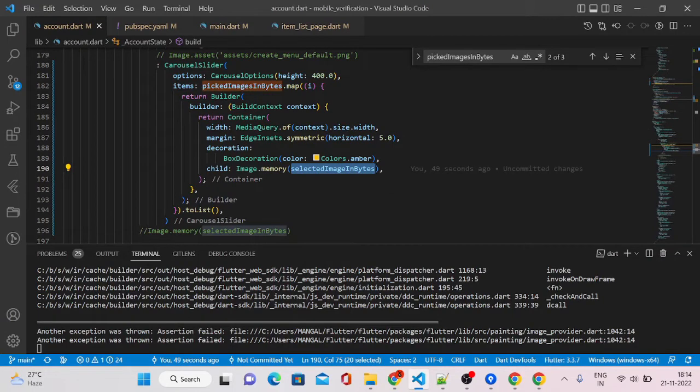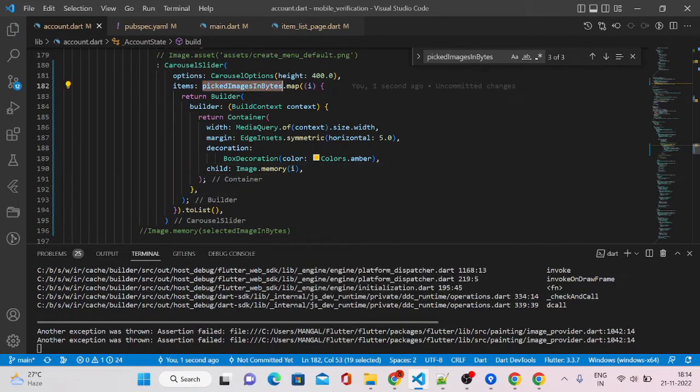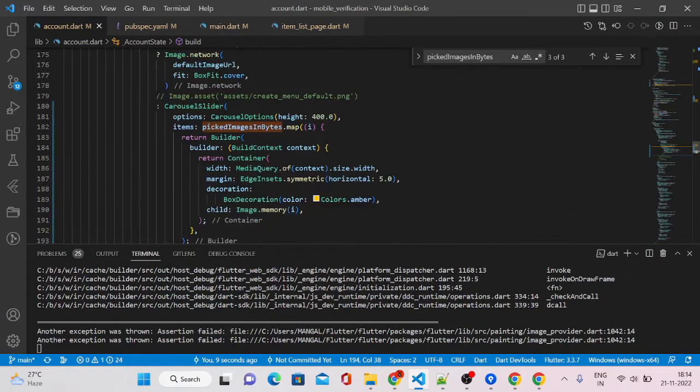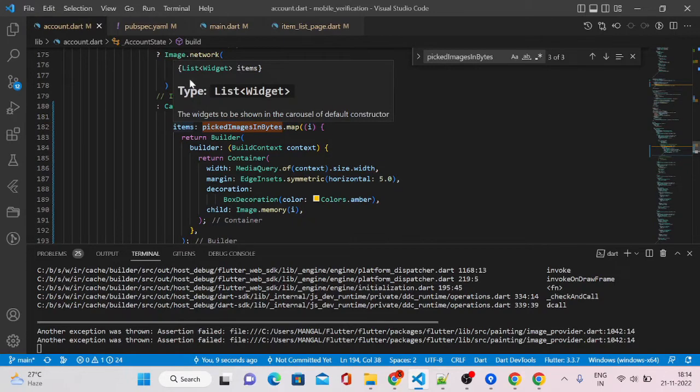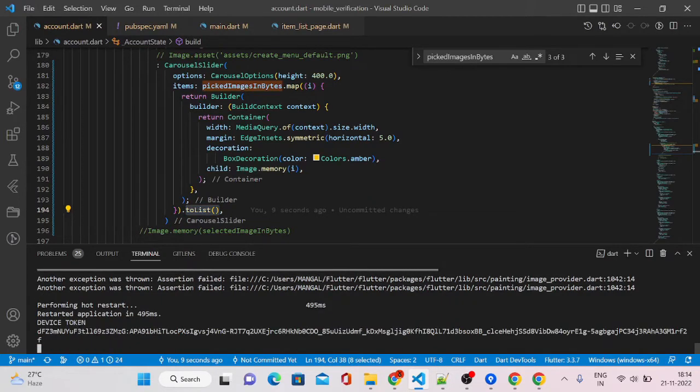Sorry, it shouldn't be selected images in byte. It should be I, because we have the images in picked image in bytes and we are iterating with the help of map, and at this line we are saying that it is type of list, because if you hover on these items it accepts a list of widgets. Items should be a list of widgets, so if you convert that to a to list it will give you a list of widgets. Now do a hot reload